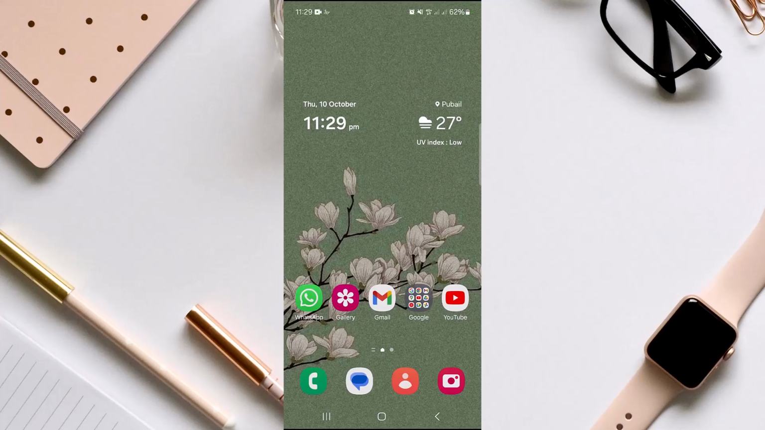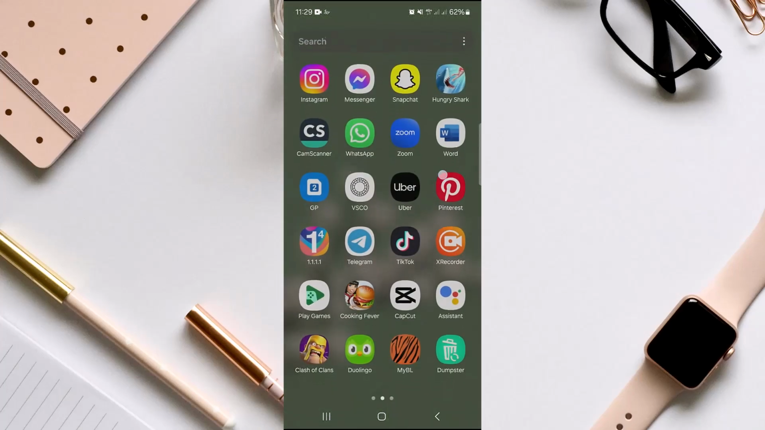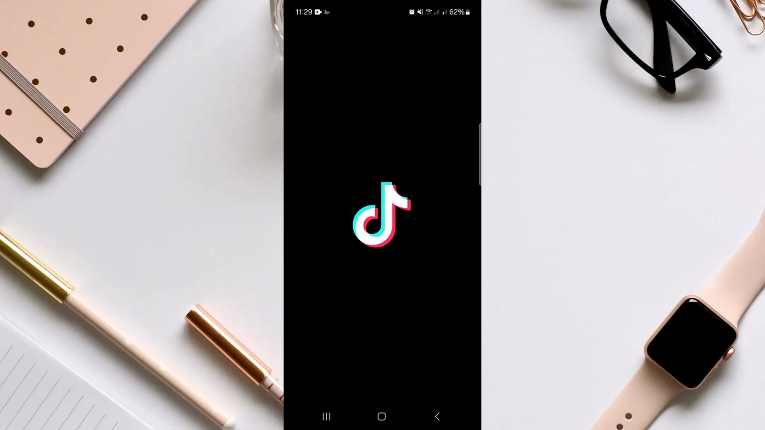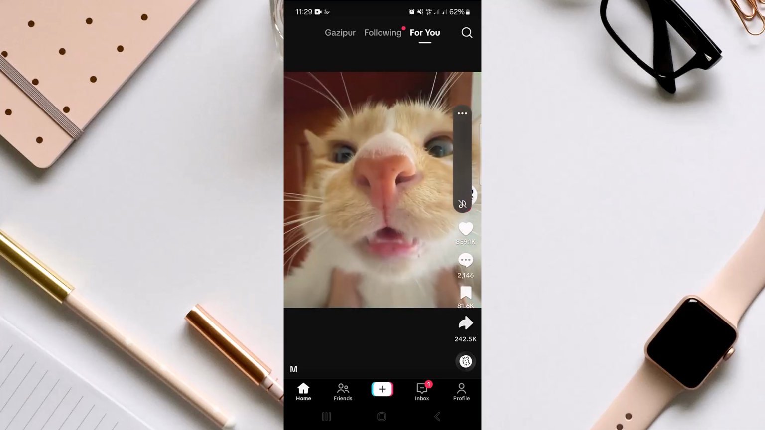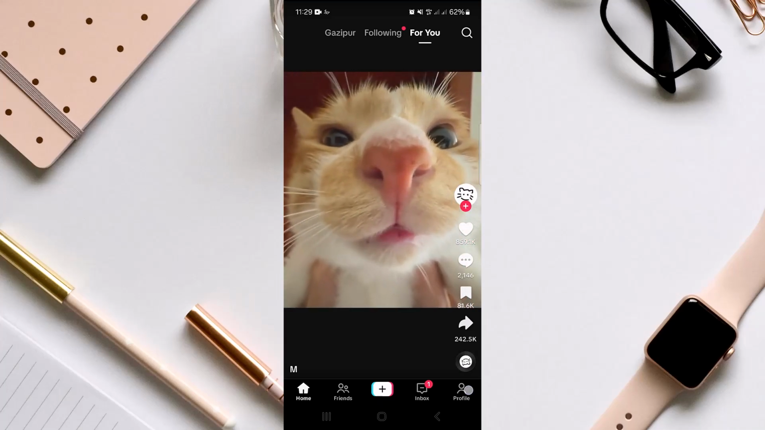In today's video, you are going to see how to see someone's private TikTok account without following. So let's get right into it. Head over to your TikTok application and just go to the profile